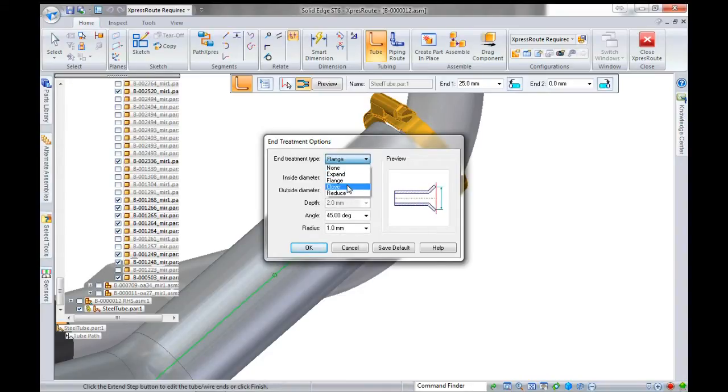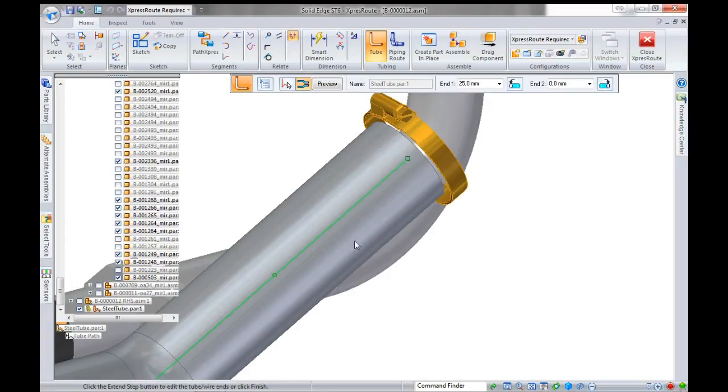Now I'll show you the different types of joints, or the different types of ends. I want an expansion, and I'll probably specify something around 60mm, and how deep, i.e. how long the expansion goes for, and the radius. Then I'll preview that,